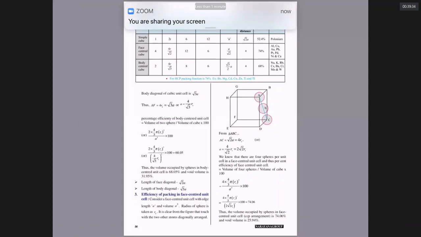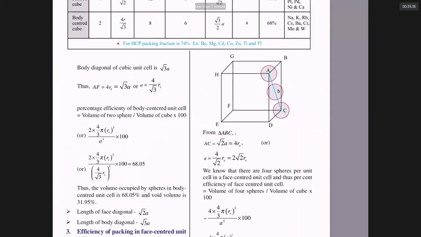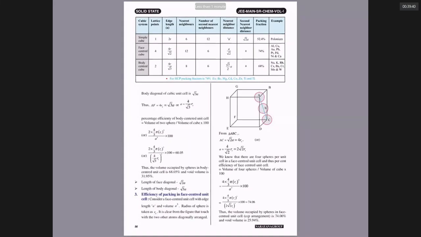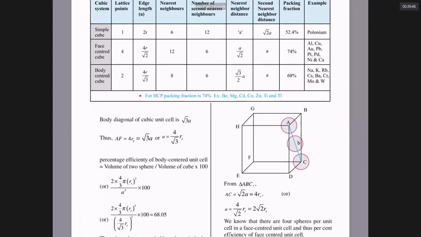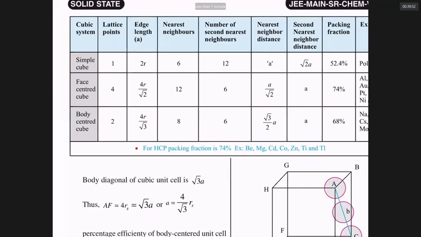Sunday? The portion for the Sunday exam is only Bravais lattices, still whatever I taught yesterday. I will be showing you the portion also. Now see, this is the table I want you to understand. In a simple cube, there is only one particle. And in a simple cube, edge